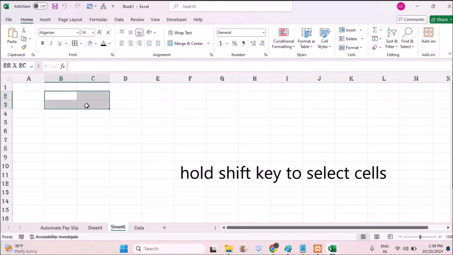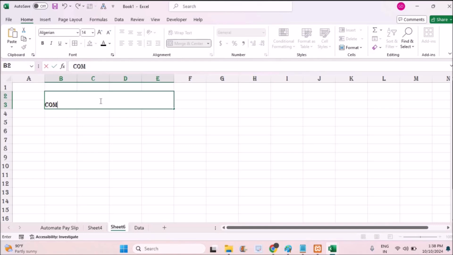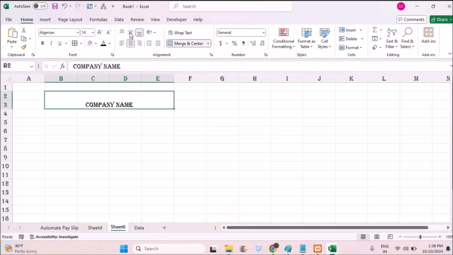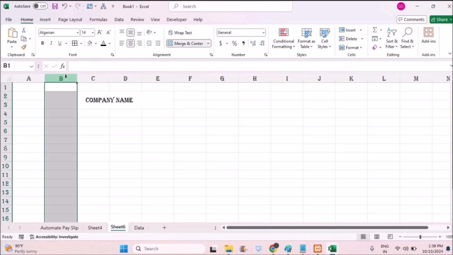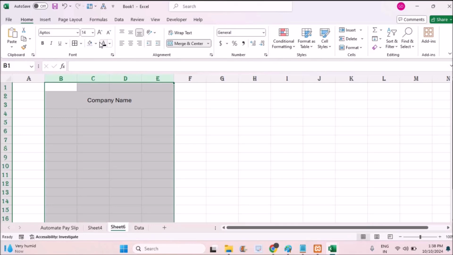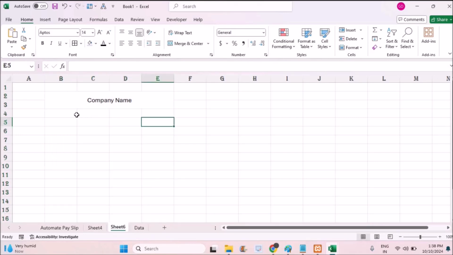So select the cells. I just pressed and held the Shift key, selected them, and clicked on Merge and Center, and here you can write your company name. And remember, for the company name, the font, color and everything, I'm just making it centered. Everything is your choice, whatever the font, whatever the color, whatever the background, it is absolutely up to your designing strategy. So I just selected these 4 columns and selected a common uniform font, and just below the company